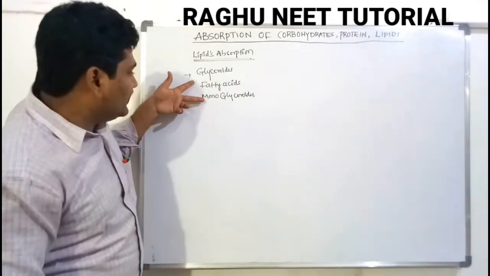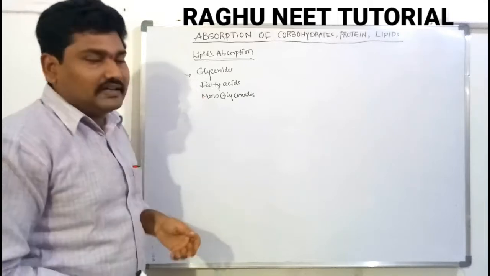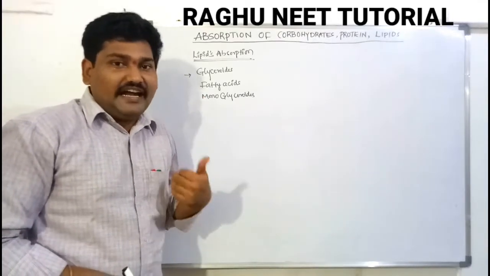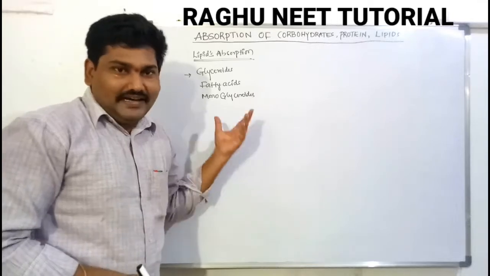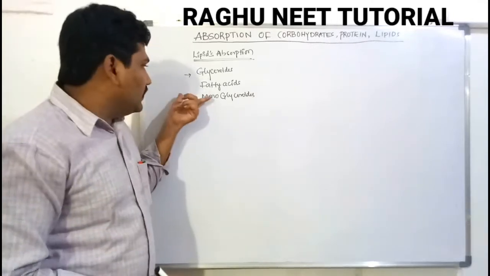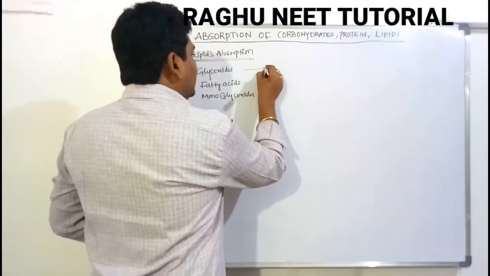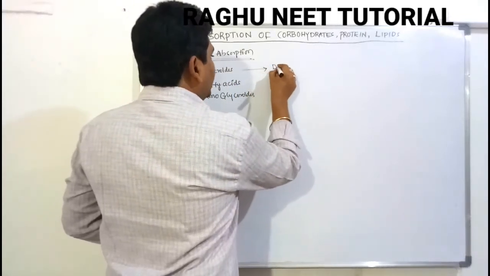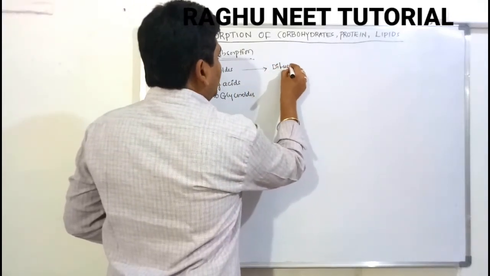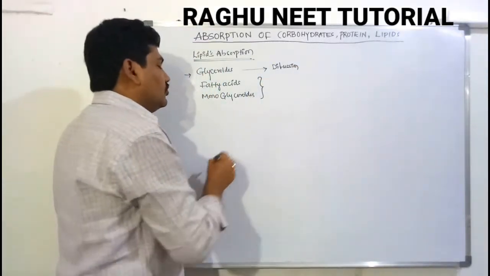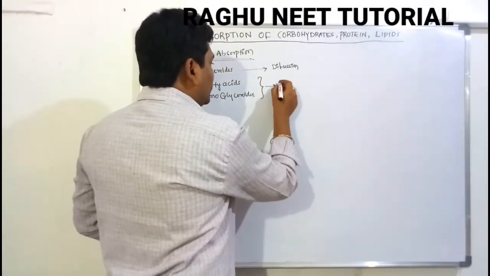But with the exception of these two ones, the absorption is different. Let's discuss these two: fatty acids and monoglycerols. First, the glycerols are absorbed by the diffusion method. But these two, what is that? Fatty acids and monoglycerols are shown to be